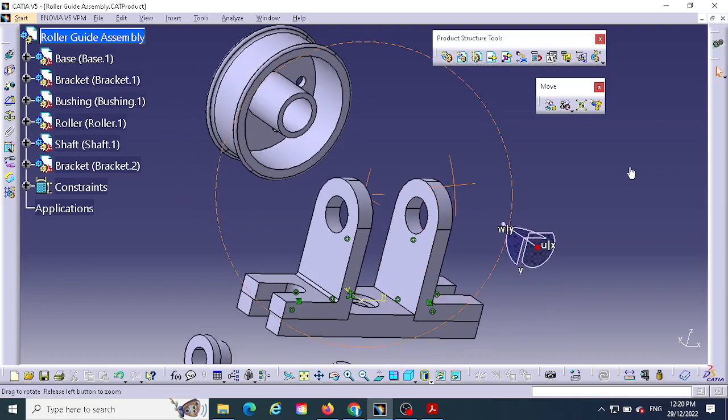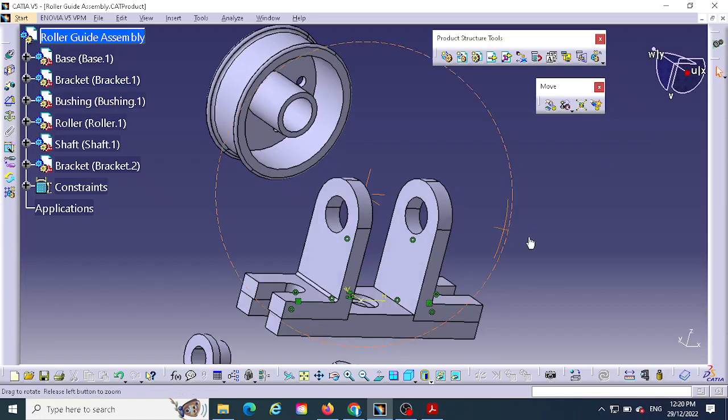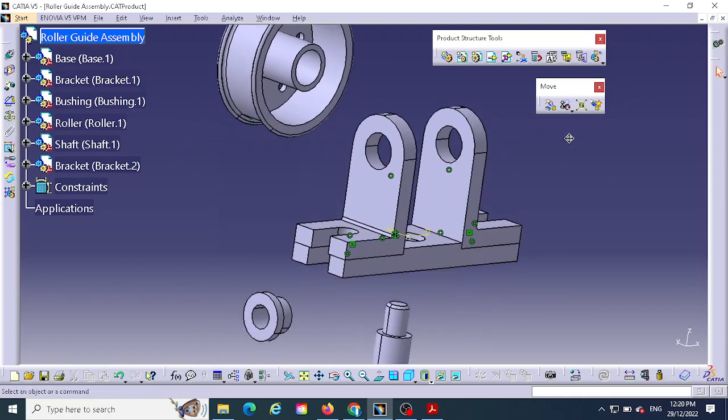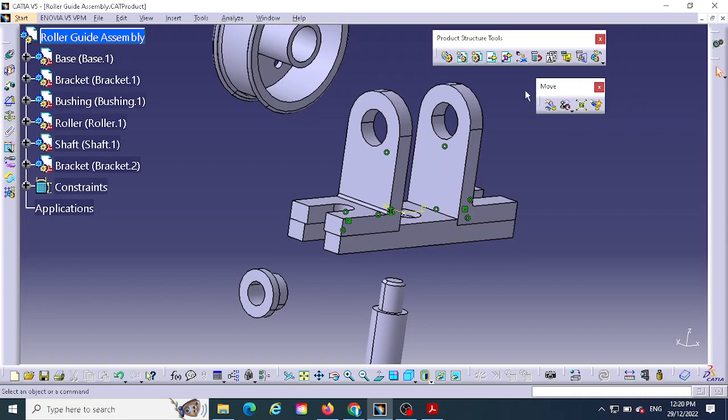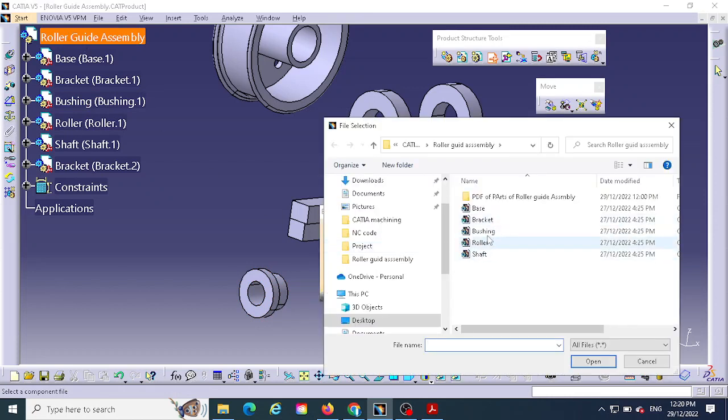What is important here is this position, okay? Right, so you can see here the bushing. The bushing is one of the important things. So you may bring the other bushing as well, right? So in this roller guide,